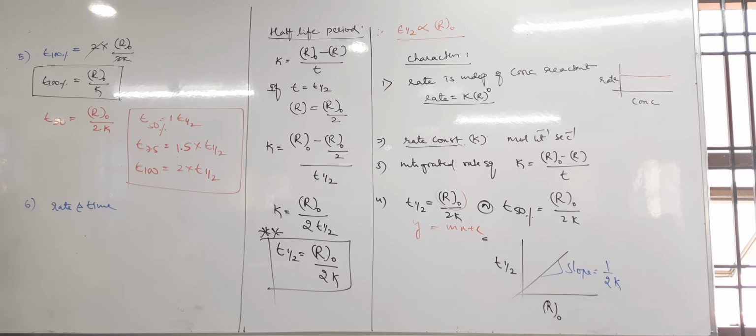Does the rate of a chemical reaction change with time or not? Changes? If it changes, how? As the time increases, like 0, 1, 2, 3, 4, 5 minutes, the rate is